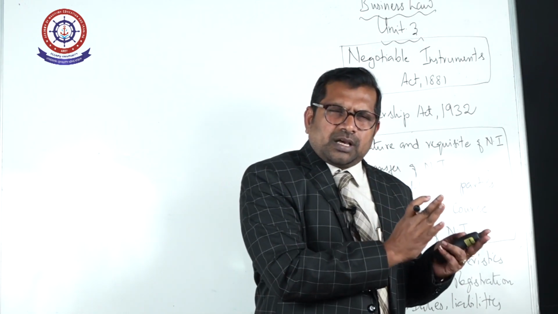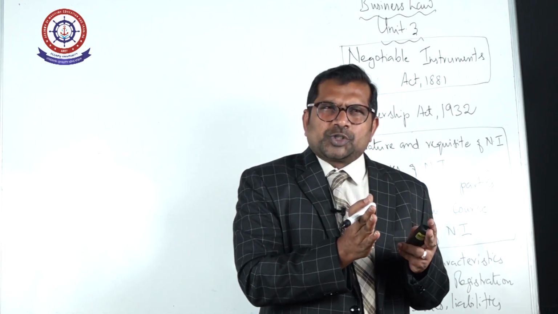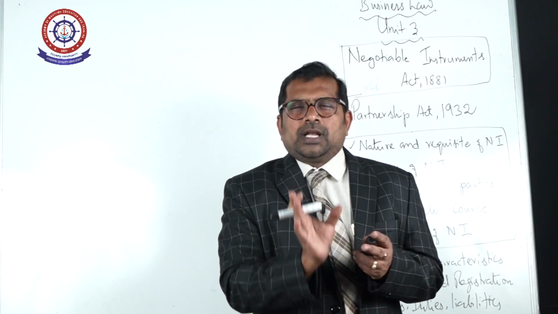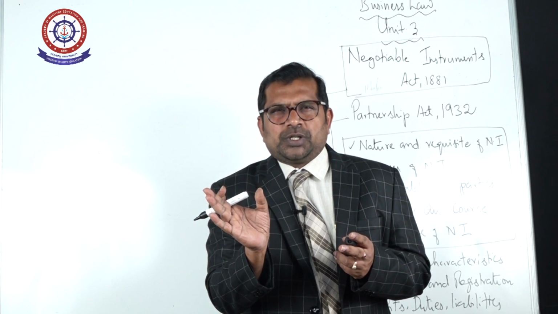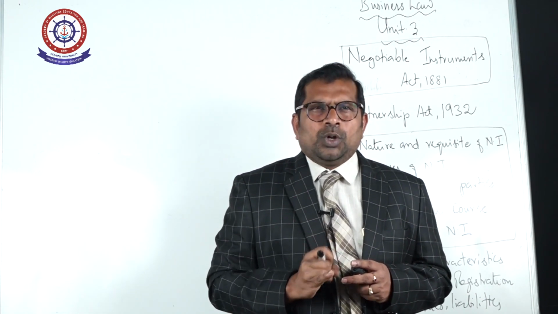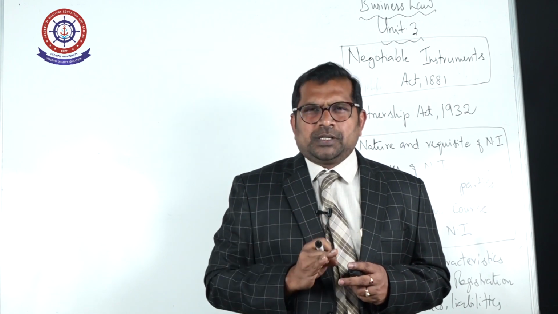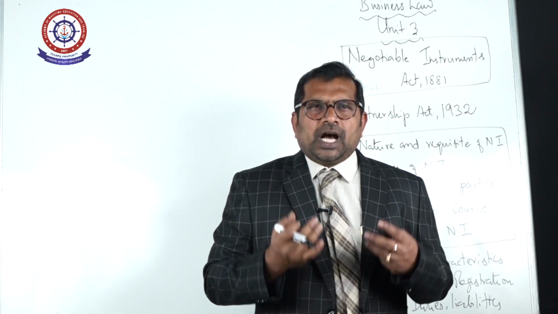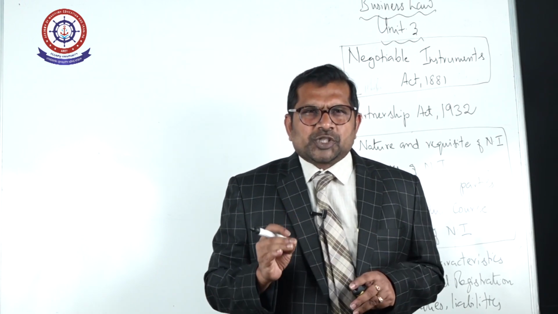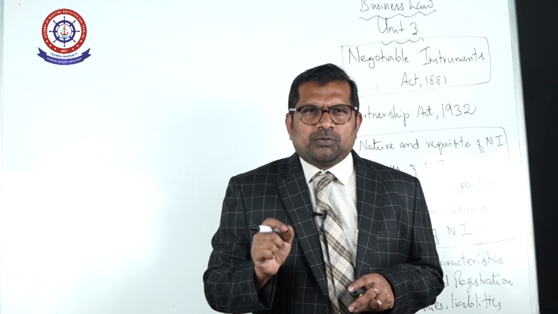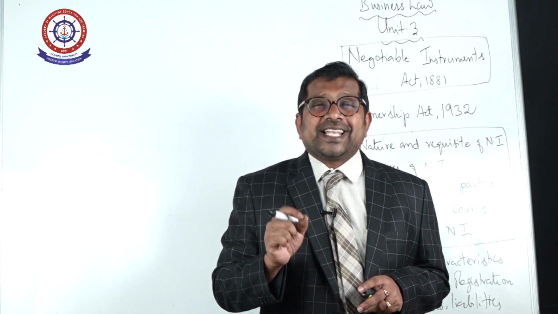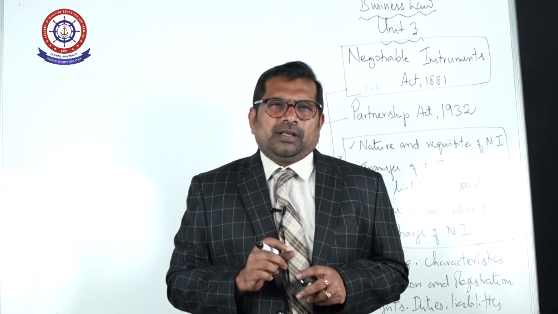Say for example, maker or drawer of negotiable instrument. Next point, payee or bearer of the instrument. Then again transferring the negotiable instrument, holder in due course. Point number 1, holder: one who takes a negotiable instrument for a value in utmost good faith without notice of defect. The instrument bears no apparent evidence of forgery, alteration or irregularity. All these are called characteristics of holder in due course.